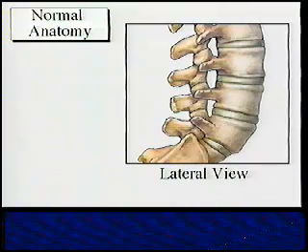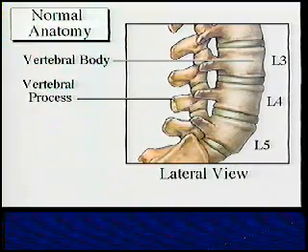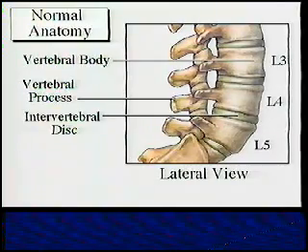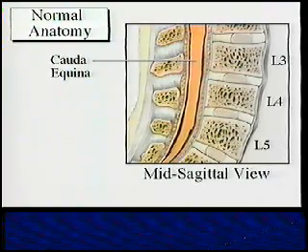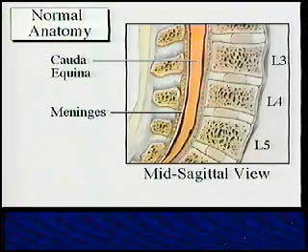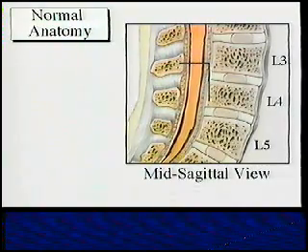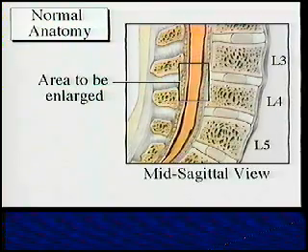Basically, the vertebrae are separated by tough collagenous washers called discs. On the left-hand side are the facet joints, and the vertebral processes are shown. This sagittal view allows us to appreciate the spinal canal filled with nerve roots called the cauda equina. The cauda equina represents the continuation of the nerves of the spinal cord, which actually ends at approximately the L1,